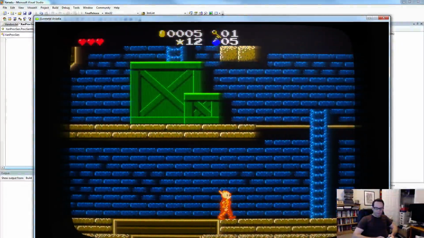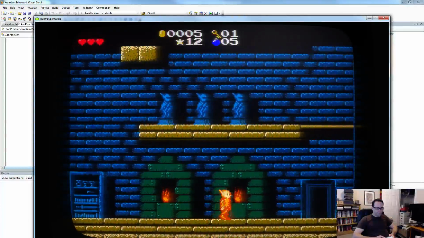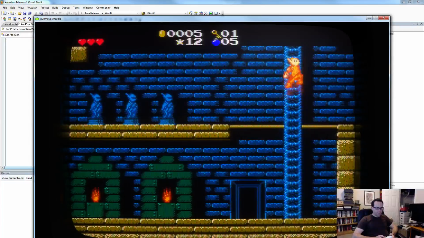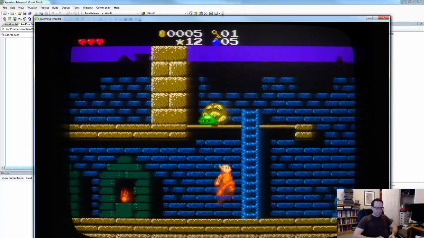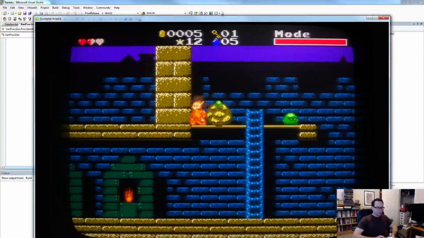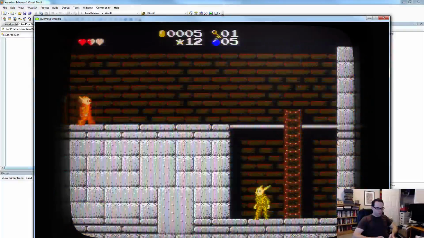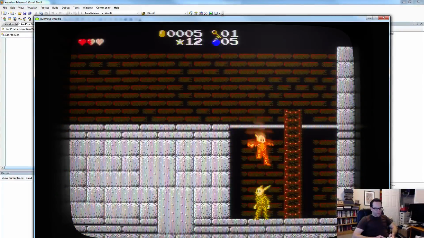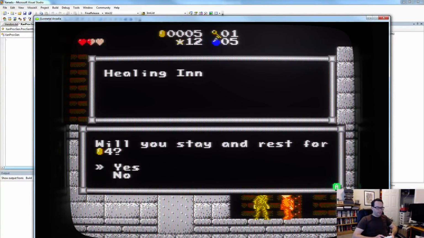Do the same thing as last time. 5 coins, 3 hearts. So now my expectation, again, is it should be 4 gold. Alright. And I don't think it's actually going to heal the correct amount yet, but it's charging me